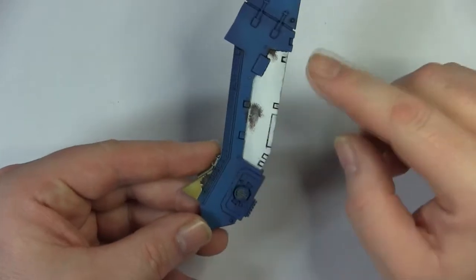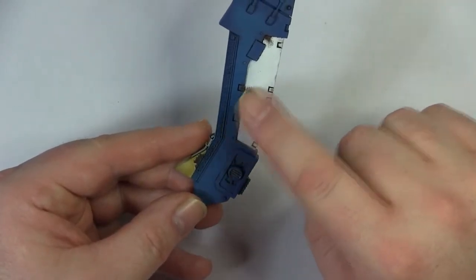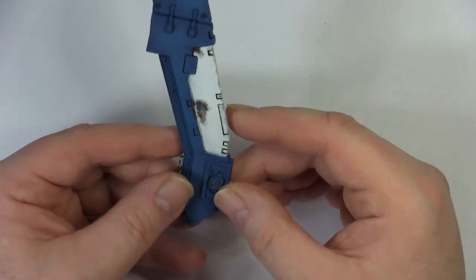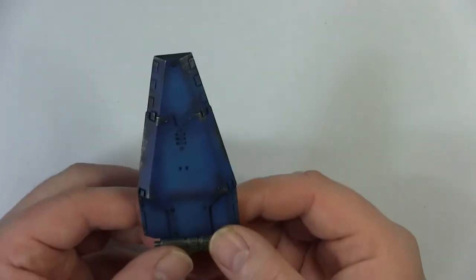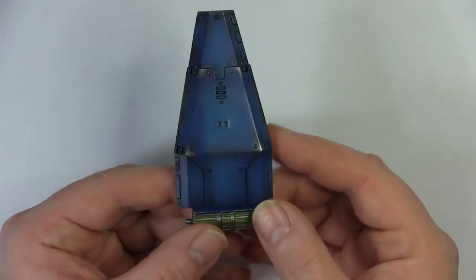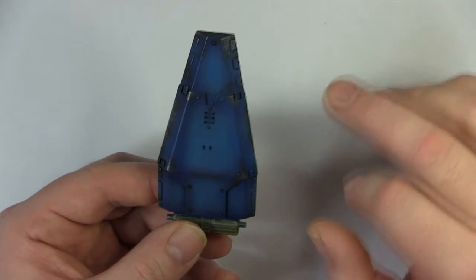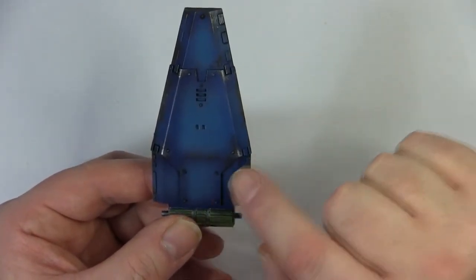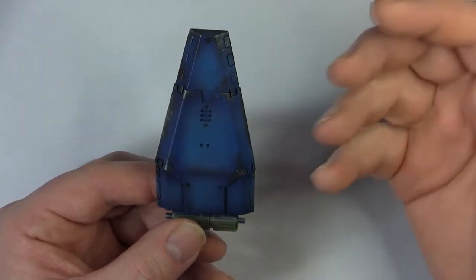What I've tried, obviously you can see there's some weathering on this panel here. Just some rust, dirt. I'll show you actually better on this part here. You can see what's been done. You can see that the tones come out so much better on this. At the corners, all the bits that would be hit, I've sort of dabbed on a rust colour first and then brought the silver through,